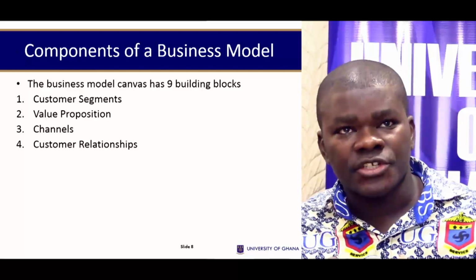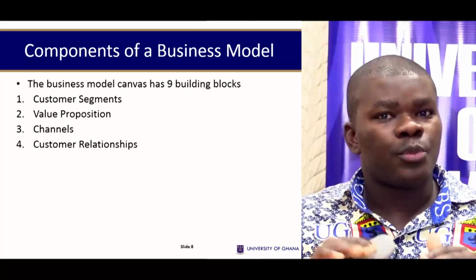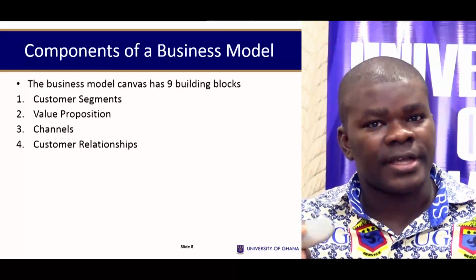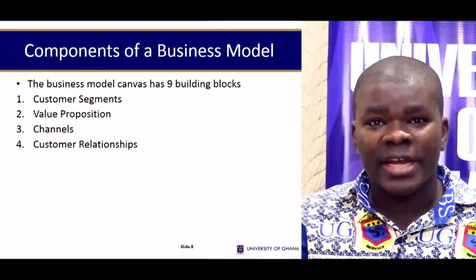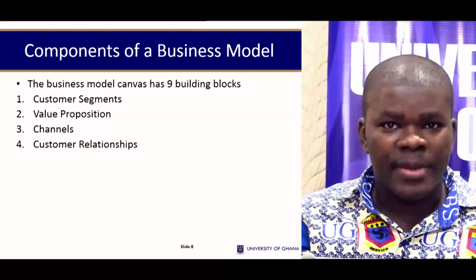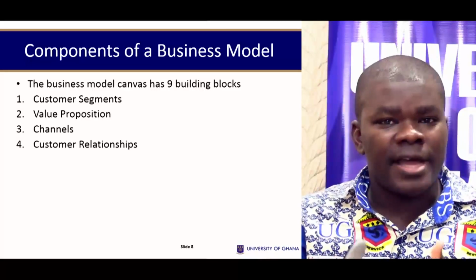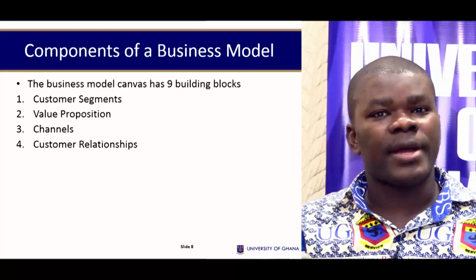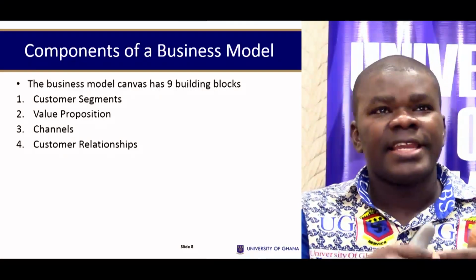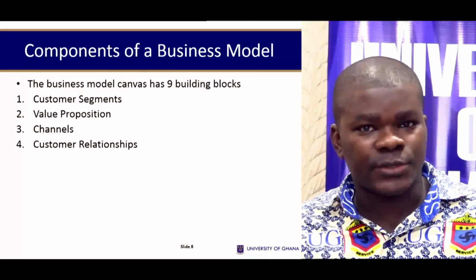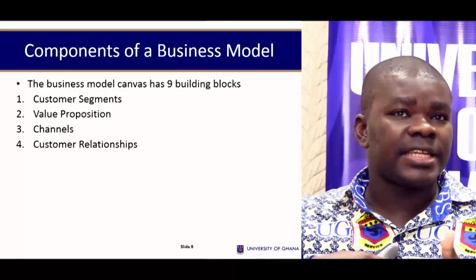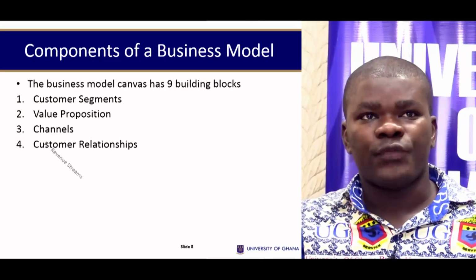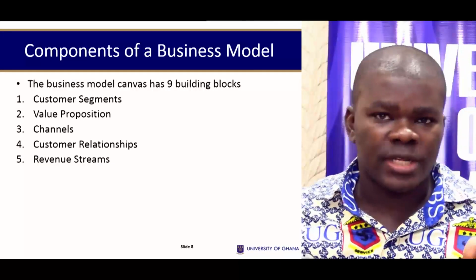So when it comes to customer relationship as well, it has to do with your value proposition. What value are you offering to each customer audience, and how are you showing love to each of the customer audiences? In fact, in the University of Ghana Business School, on our master's program and what you call the special programs, when students come, sometimes they get water always, they get food available to them. But for students who are not in that category, there's something else that is done for them. They don't get as much as what those students do. So these are the different ways that we show love to customers, different ways that we express love to customers. So you need to find out how you are going to do that as a company.